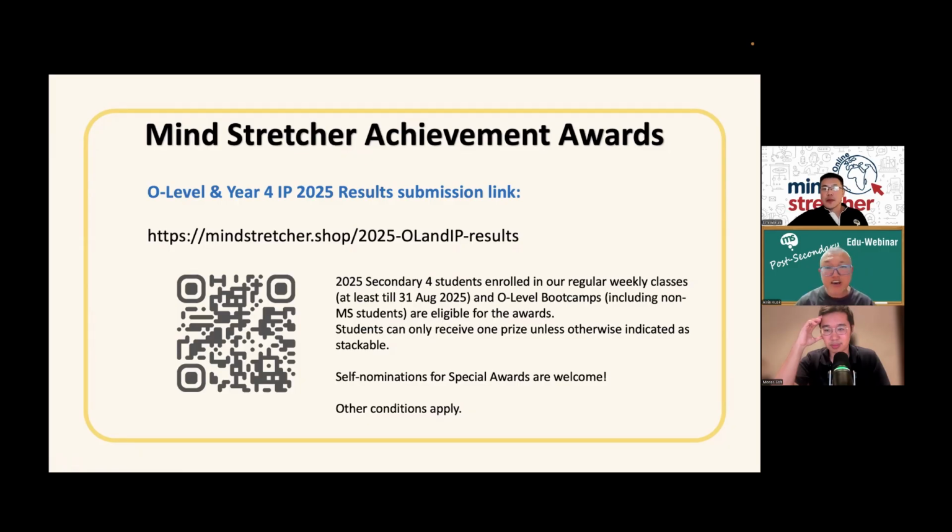So your 5As, 6As, 7As, we all have category surprises. Then we got the best progress, we got the special prizes, depending on your ability. If you think that you are an aspiring singer, you got some talent, or you are a CCA leader, you want a Commonwealth essay writing contest, it doesn't matter, whatever you regard as an achievement, please nominate yourself. Very important. There's no right or wrong. Okay, and every year we have 700. We try to give as many as possible. So we have 700 awardees at all levels.